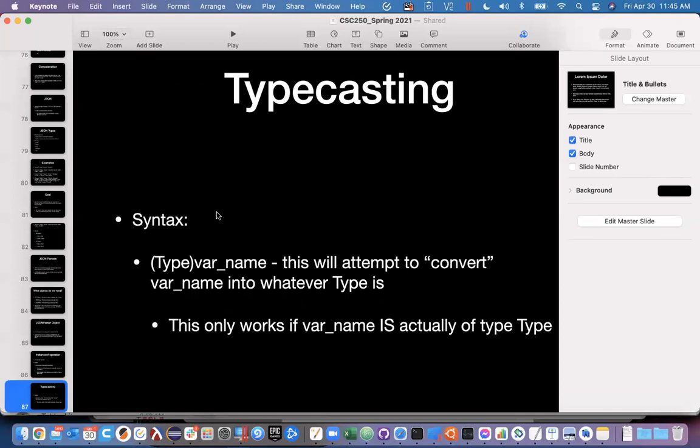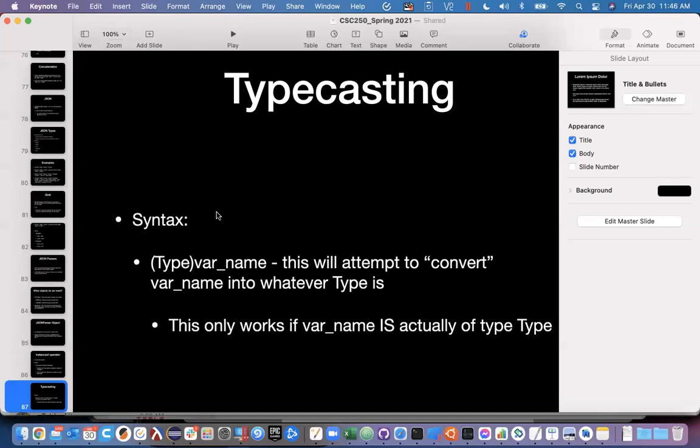So for instance, you can't have an int a is equal to 7 and then just typecast a to be a string. Instead, you would need to build a string out of a. Similarly, if you had the string 7 and you wanted to turn that into the int 7, you can't just typecast that string into an int. You instead have to call a method like Integer.parseInt to extract the integer out of that string. Okay, so typecasting isn't an always works for everything thing. It would have to make